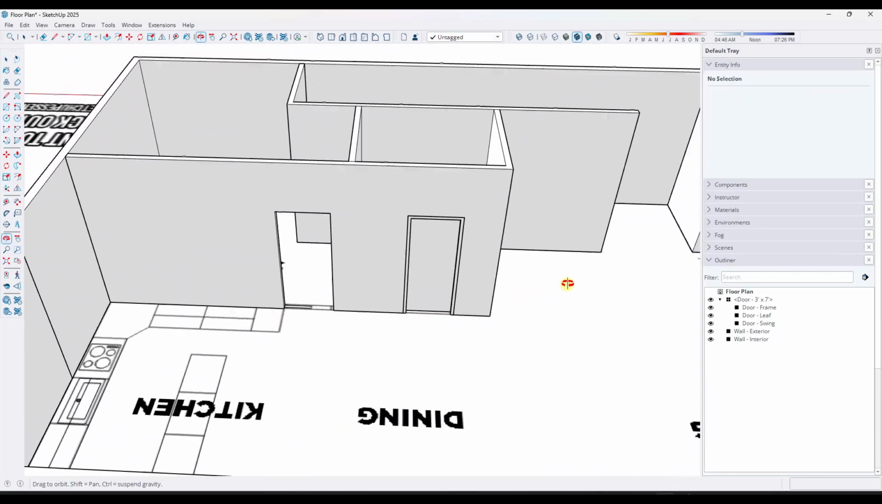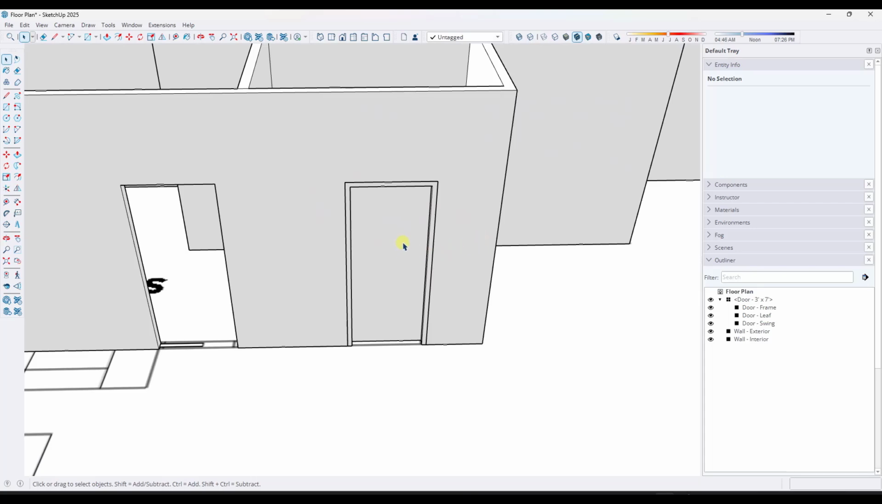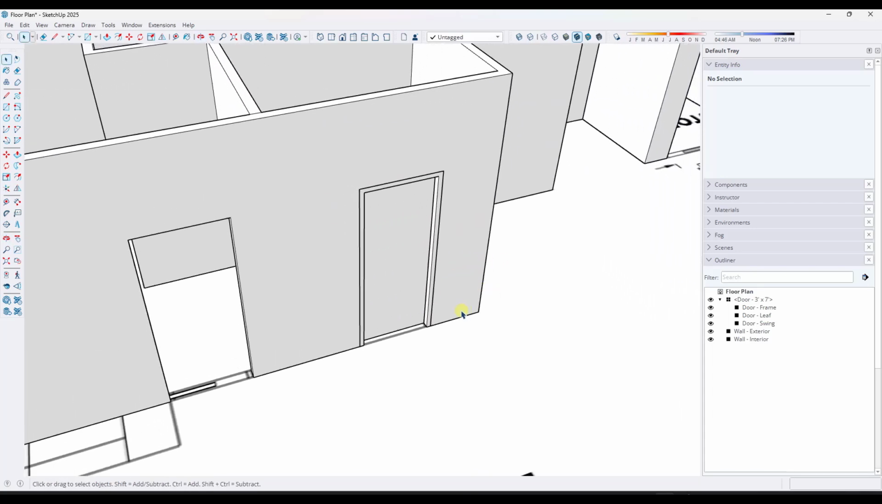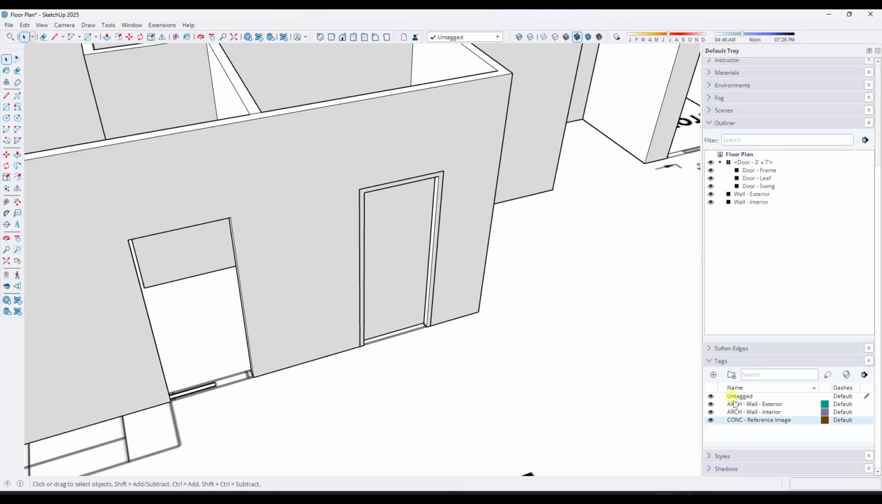Okay, and one other thing we want to do with this door is create some tags. In this situation, I'm not going to worry about tagging the overall door yet, and I'll show you why in a minute. But what I do want to do is create tags in my tags section for my frame, my leaf, and my swing. The reason we want to tag those separately is because we might want to isolate them later for different line weights or other things like that. So in this case, I'm going to click on the plus button right here, and I'm going to type in